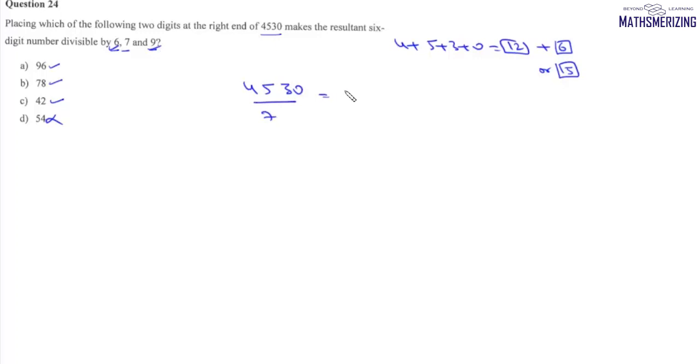Then we'll get 6, 42, 45 minus 42 is 3, 33, 4, 28, 28 and 43, 50, 7, 7, 49. And then we'll have 1. And then if we take 96, then it'll be 19. So there'll be 2 and 7, 8, 56. So that means the number which is divisible by 7 is 453096 and that's your option number A.